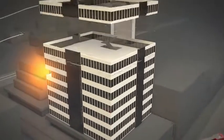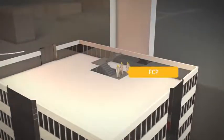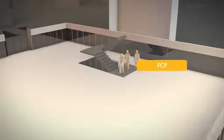I got Quinn's crew. We had a look at the fire from the outside, just to get an awareness of what was happening, and then proceeded into the stairwell up to the 4th floor to set up the forward command point for fire attack. Once we were assigned to Greg's team and he told us which floor we were going to,